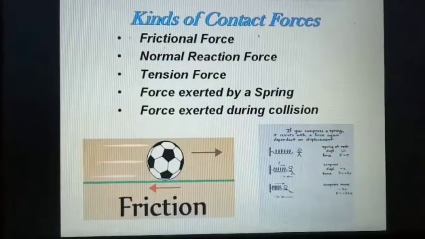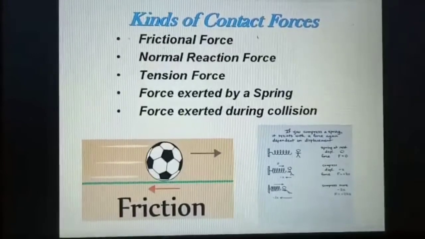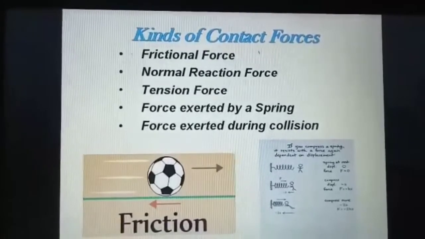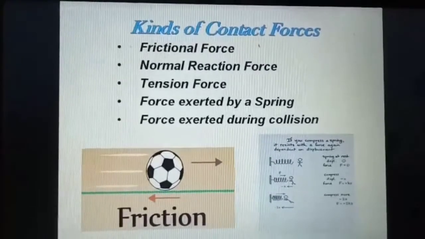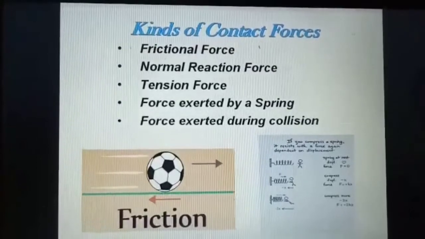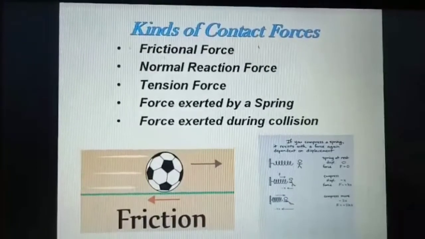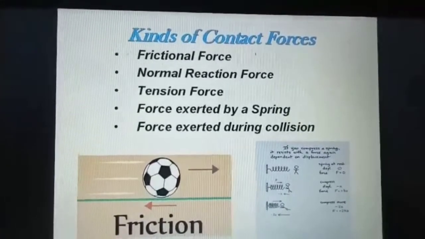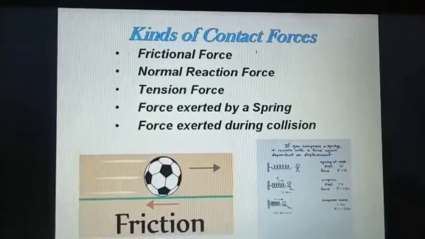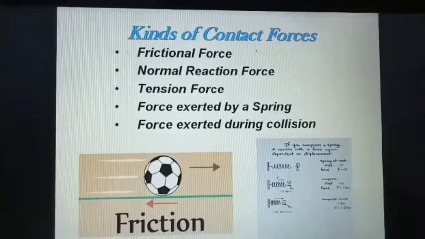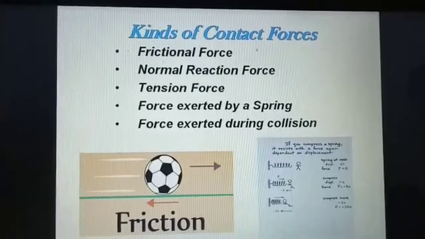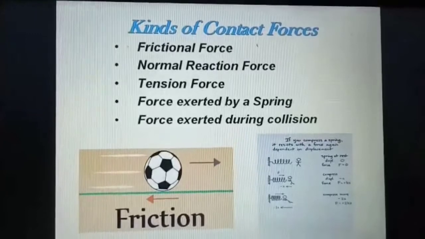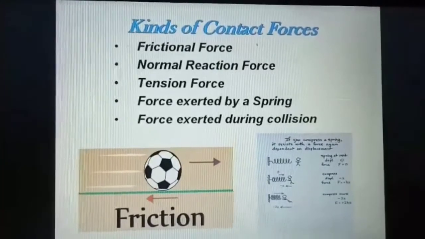Kinds of contact forces. Frictional force. When a body slides over a rough surface, a force starts acting on the body in the direction opposite to the motion of the body along the surface in contact. This is called frictional force or force of friction. For example, when a book placed on a tabletop is pushed to the right, the force of friction acts on the book towards the left. This force comes into play as soon as the book tends to move and resists the motion of the book